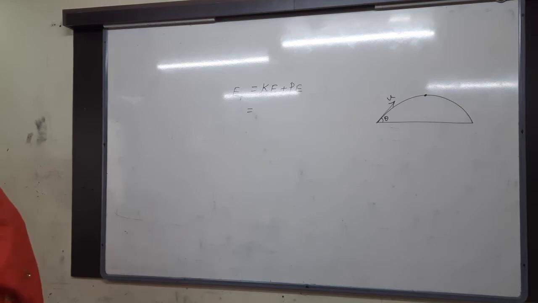Half m v square, so it will be v only. What is the value of v at maximum height? 0. V is 0. Total v is 0 only. At maximum height which velocity is 0? vy or vx? vx will be there. What is the vx value? At the maximum height, what is the velocity value? vx is equal to u cos theta. That you have to get.